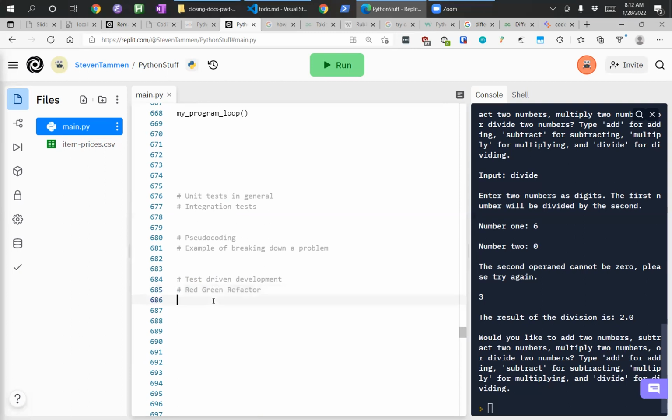If you want to go read more, I would read about unit tests and integration tests, and I think there's even another level called system tests. So I would read about testing. I would read about pseudocoding and how you break problems down, the benefits to doing so, and when doing so is more complicated. Then research test-driven development specifically, and this red-green-refactor. I don't know if that's the exact terminology, but that's how I always think about it. And think about this idea of testing your code before you write it.